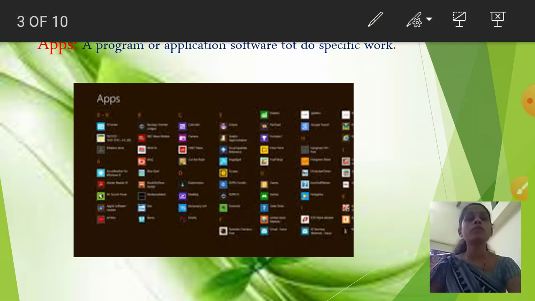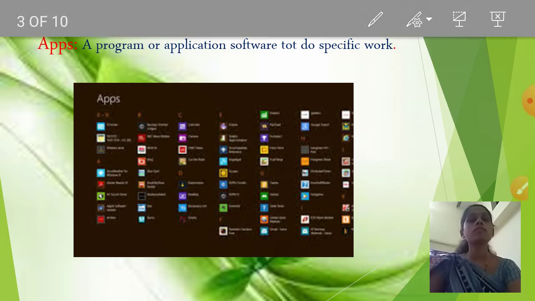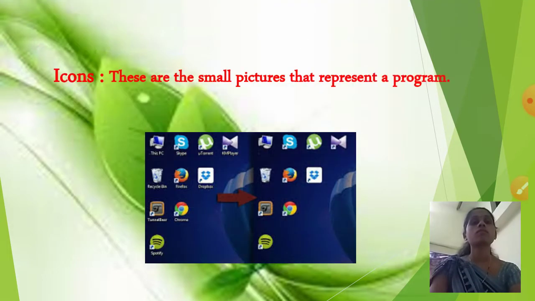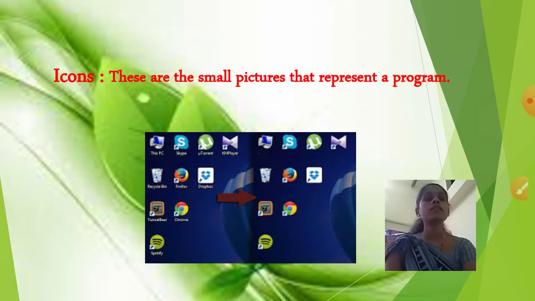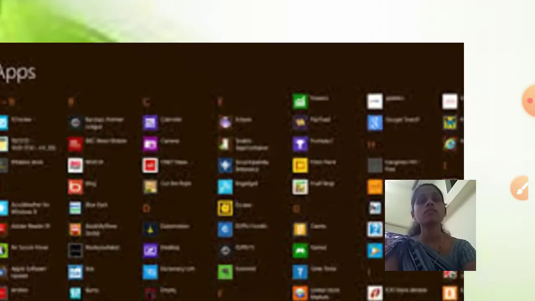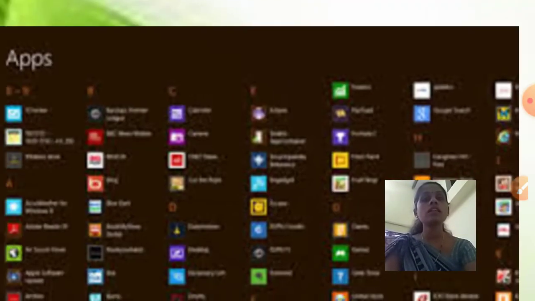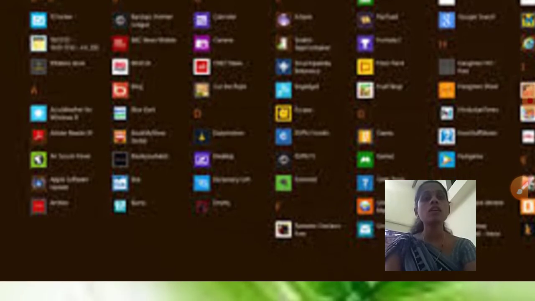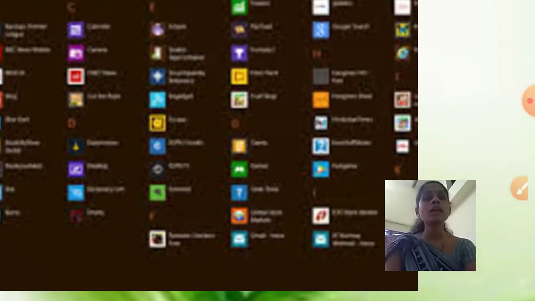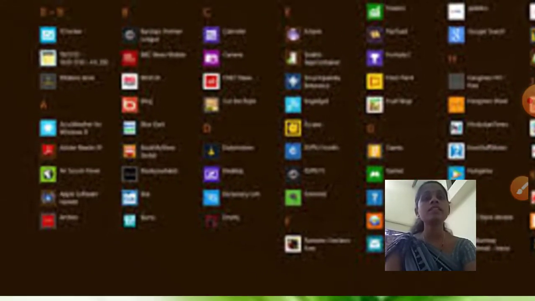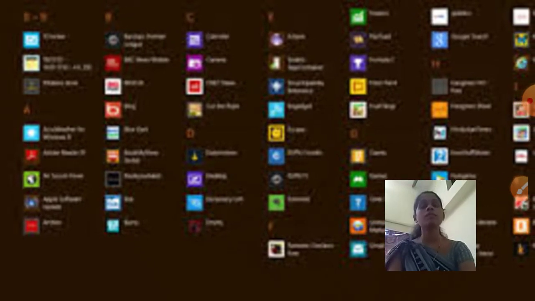I will show you. See, these are the apps. All these apps are present in your Windows 10. We can go inside these apps and do any type of work.